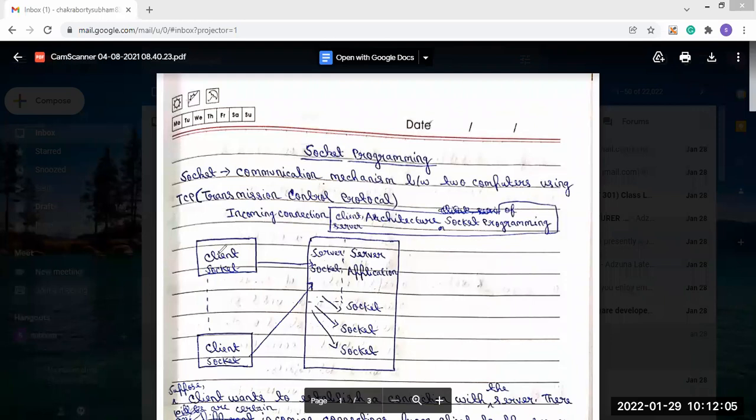There, the list of URLs is checked to see whether it is available or not. If it is available, the server sends the acknowledgement of your request, and you see the page open on your side. This is what is happening.